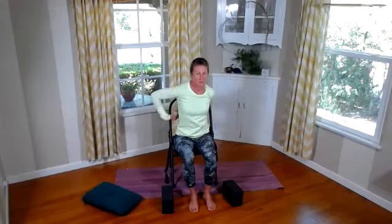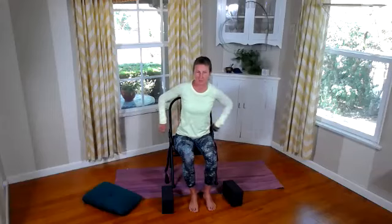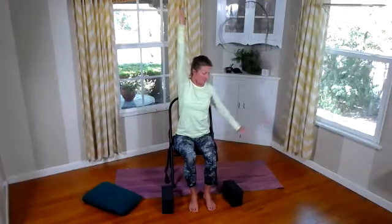And then go ahead and switch sides. Take it over to left waist and squeeze that elbow back. And then release that, shake that out. Inhale and sweep our arms up. Exhale, drop right hand